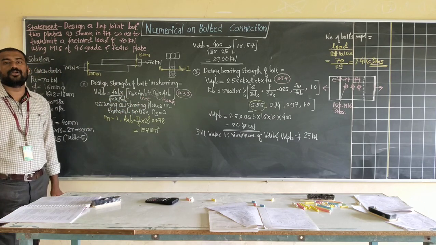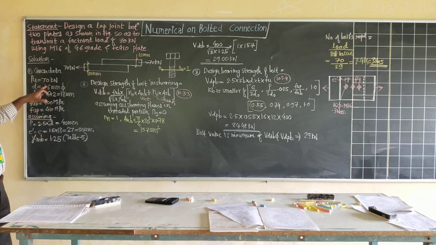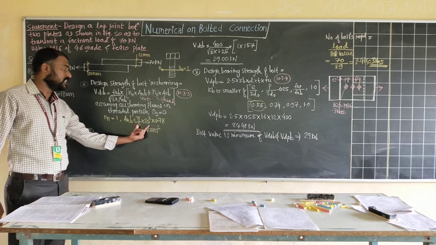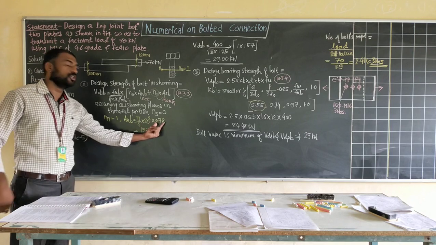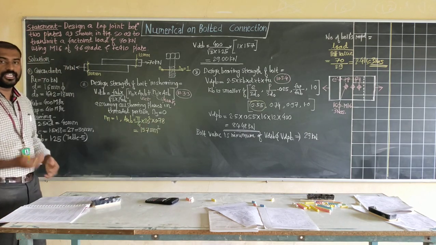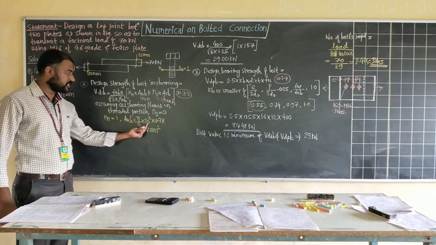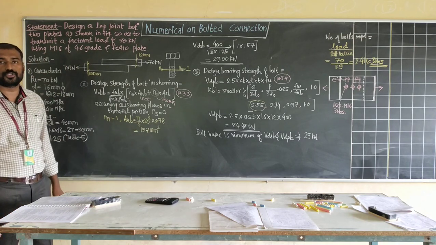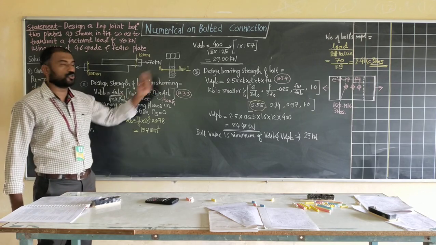So for that, ANB is to be calculated, the net area of bolt. Initially we can calculate the shank area. Shank area is nothing but pi by 4 into d square, that is pi by 4 into 20 square. This is the shank area, and as the portion is threaded, it will be reduced by a 0.78 factor. So we multiply this 0.78 factor to it in order to get the net area. It will be pi by 4 into 20 square into 0.78. We are getting the answer as 157 mm square. This is the net area of bolt for this threaded portion.